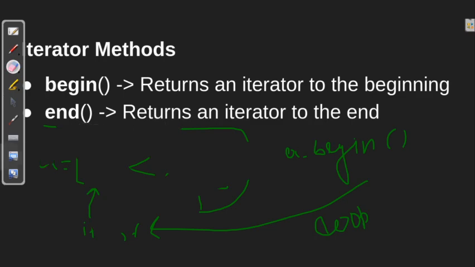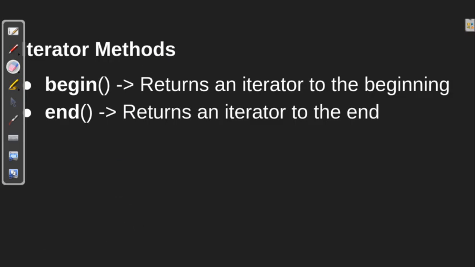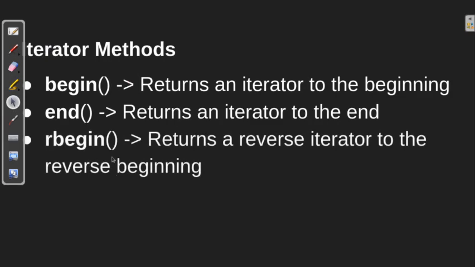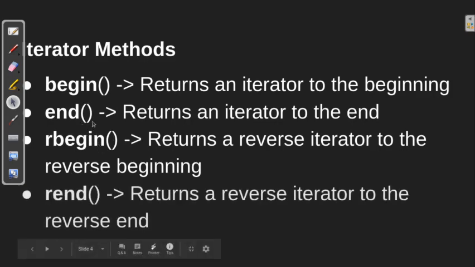So that's the basic thing about begin and end. Now we have another two methods for use. They're called rbegin and rend, the reverse beginning and reverse end. So rbegin returns a reverse iterator to the reverse beginning, which is at the end, and basically rbegin returns the pointer that should equal to the end. After that we have rend, which returns a reverse iterator to the reverse end. So the concept behind this is that